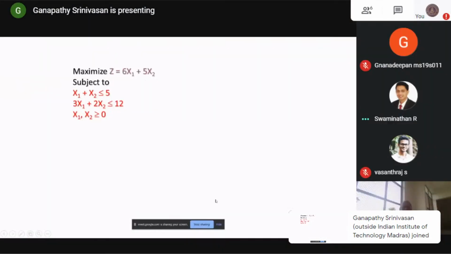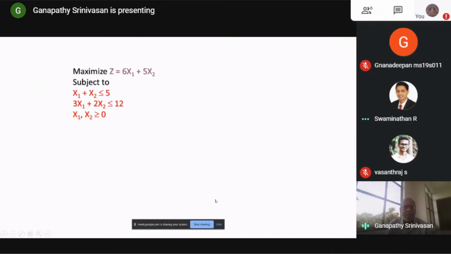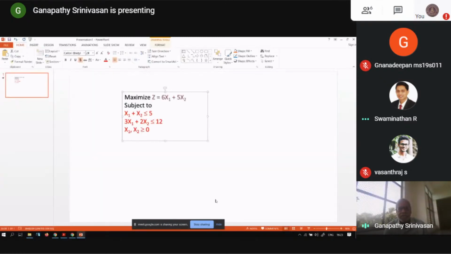Okay. So now you should be able to see a linear programming problem. I must have used the same problem in the course as well. Maybe I would have used something else, but it doesn't matter. Let me just explain something with this example. The solution to the primal, because somebody said explain the dual, is x1 equal to 2, x2 equal to 3 with objective function equal to 27.